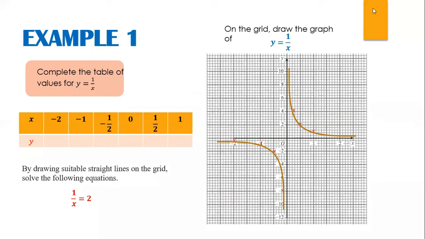I want to show you the meaning of 1 over x equals 2. For the solution on the grid, it means